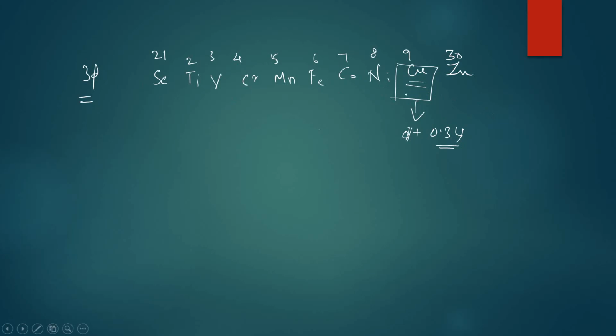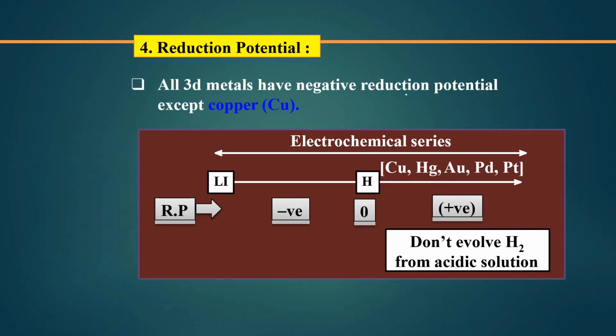And there are many more things. Let us have a look. All 3D metals have a negative reduction potential except copper. Remember this, most important. That is, copper has a reduction potential of plus 0.34 volt. Right? Hydrogen 0. Got it? So here lithium has the lowest, negative reduction potential and hydrogen has 0, and these metals, that is